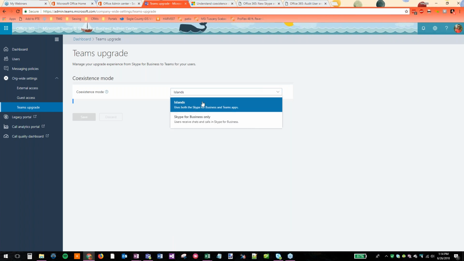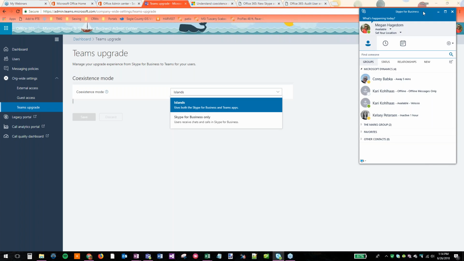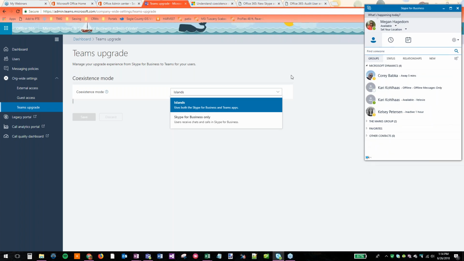If you select Skype for Business only, it's not just chats and calls in Skype for Business that users receive. Users don't use Teams at all. So you just force your users to use Skype and not use Teams until you are ready for them to transition. It's generally recommended that you leave this at Islands, just so that you can allow your users to get